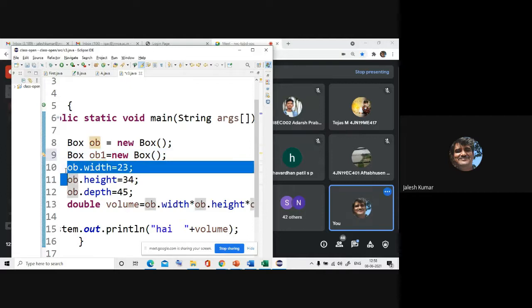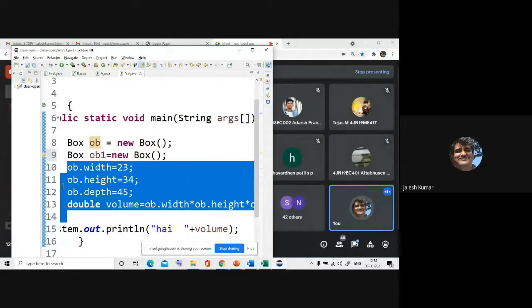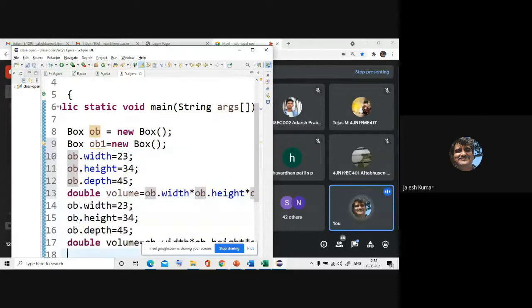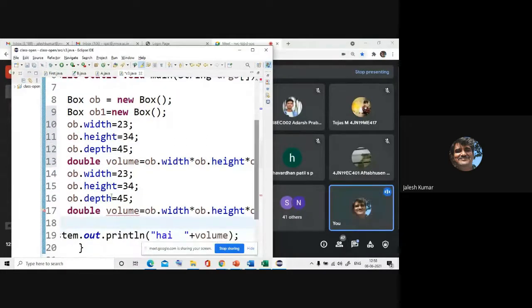See, I'll copy and modify instead of rewriting once again. See, I'll make it ob1. Is it possible to do like this? I'll not declare once again, but if I do like this, instead of 2 and 3, I'll make it 2. Then what value will you get? Just out of curiosity, here I initialized this, and later, is it possible to change that value instead of 2334? Is it possible to make it 234?